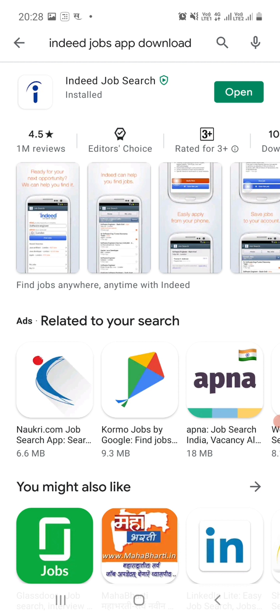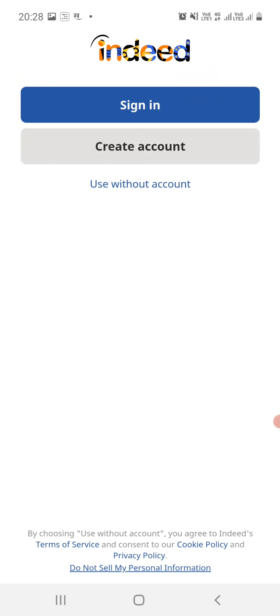Now I will open this app by clicking on the open button. After clicking on this open button, the app is open. The first page is sign in, create account, or you can also use this app without creating an account.